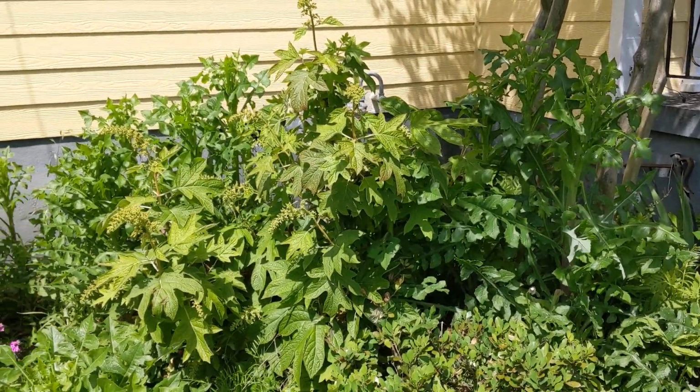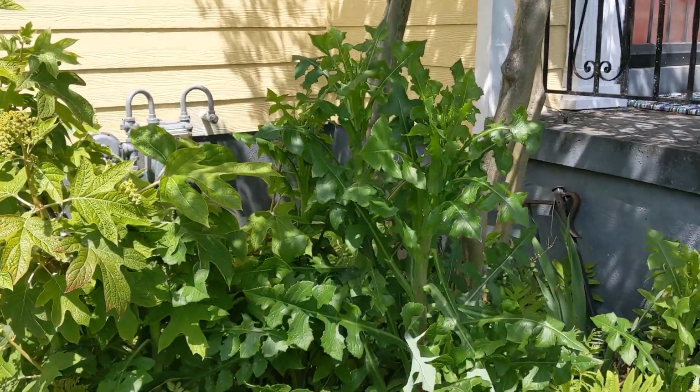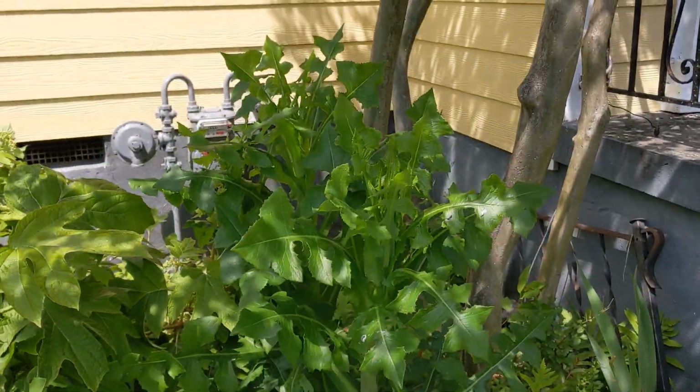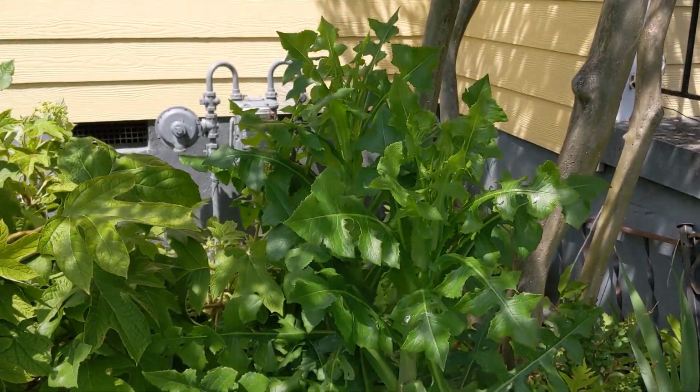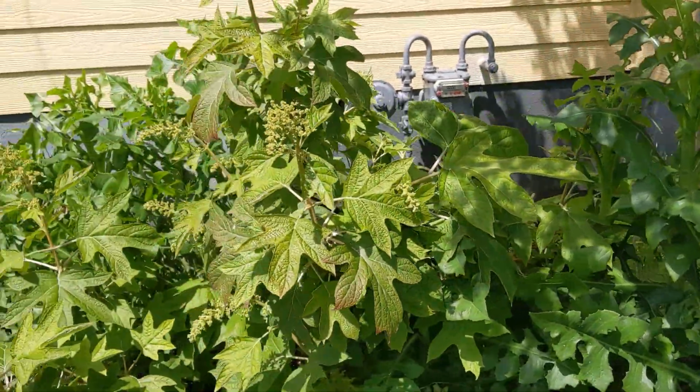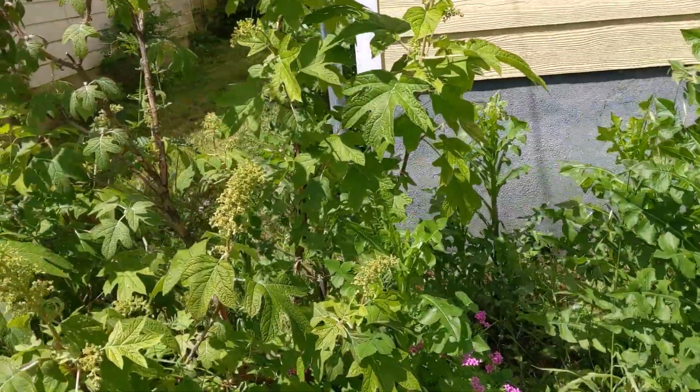At any rate, these are second year plants that were transplanted in their first year, and they're probably 4.5 feet tall. Then we come back here,